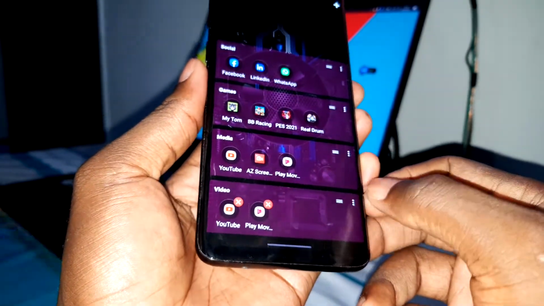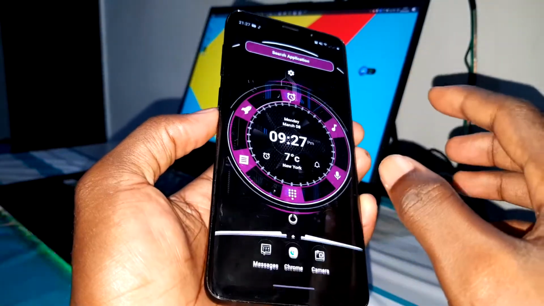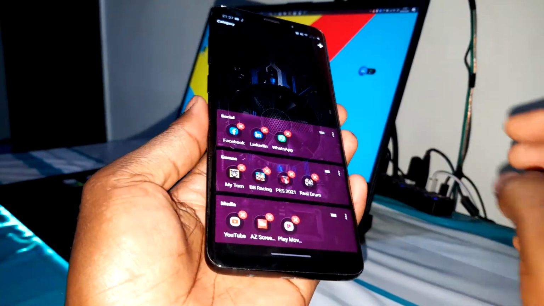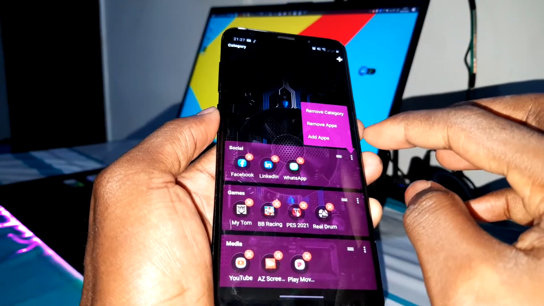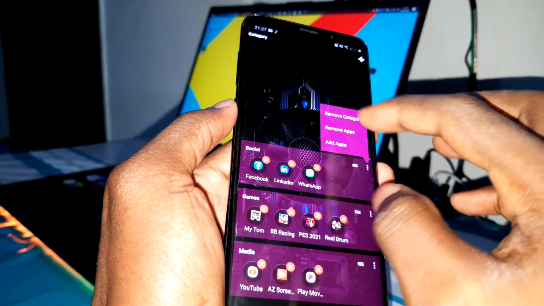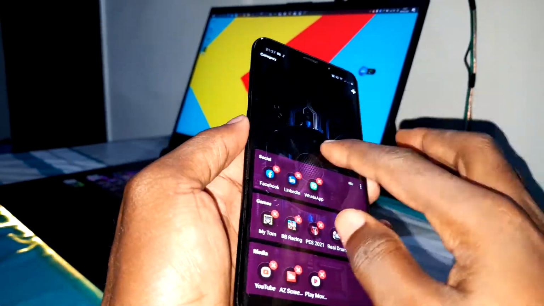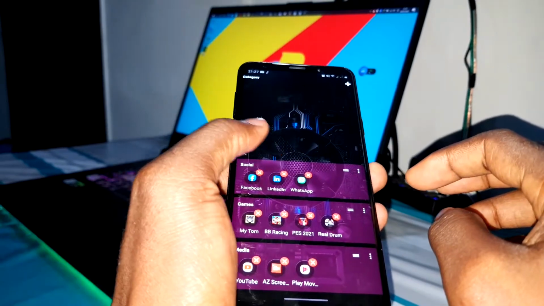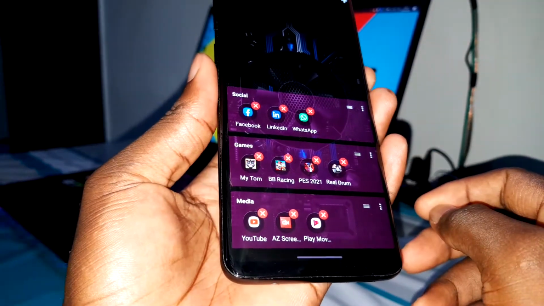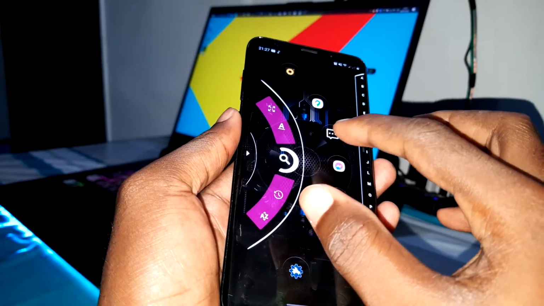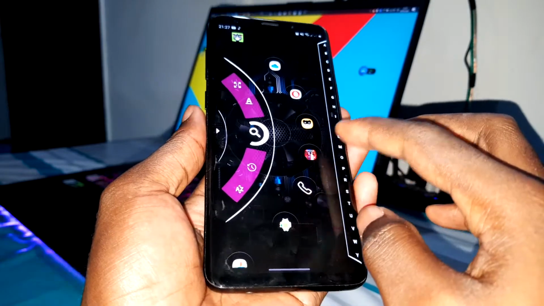You can also remove category, go back, and do something like that, and it's good. Now it's good. Okay, wow, it's very impressive, very nice, very beautiful, and I like it.